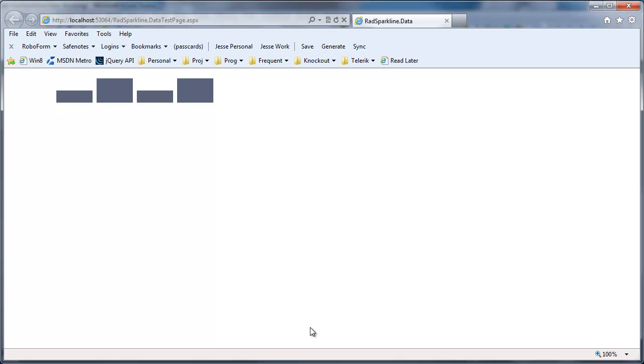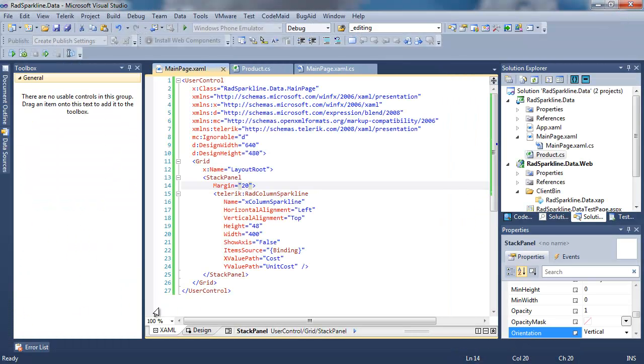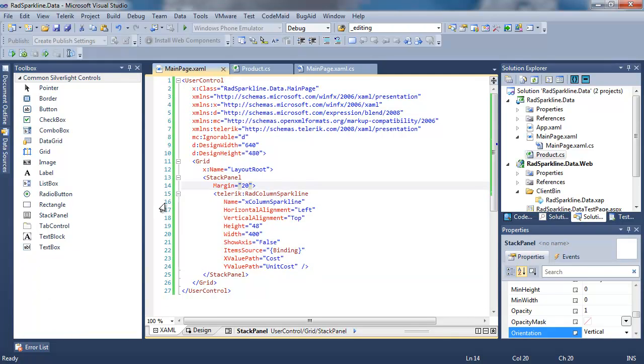All right, we can now see relative cost to unit cost as we compare each one. Notice there's no axis and there's no labeling. This is a very sparse but very lightweight control,